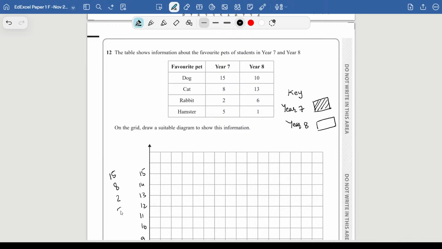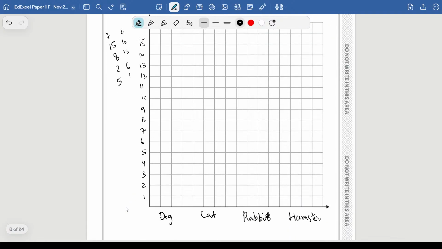8, 2 and 5, and this is for year 7. Year 8 I have 10, 13, 6 and 1. All right,